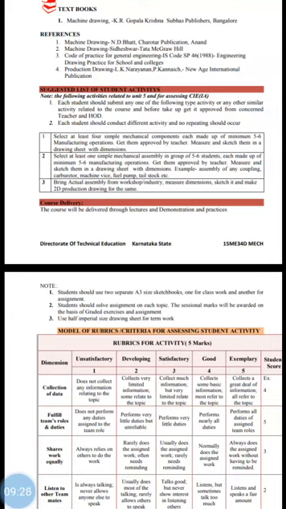operations. You have to select at least 4 simple mechanical components, and each component should be made up of minimum 5 to 6 manufacturing operations. Welding, machining, forging, these are all manufacturing operations. Get them approved by the teacher, measure and sketch them in a drawing sheet with dimensions. You have to select at least 4 simple components and measure them and sketch them in a drawing with